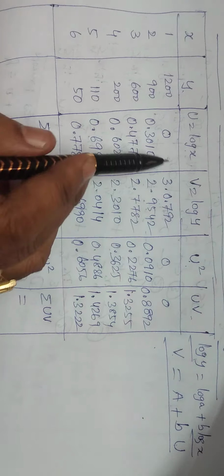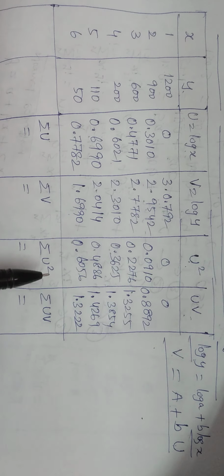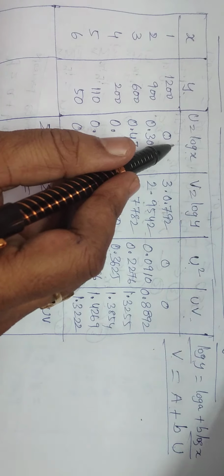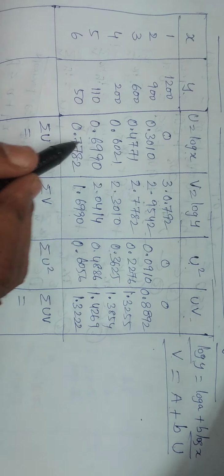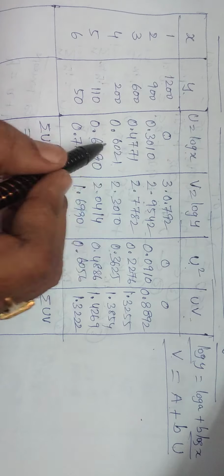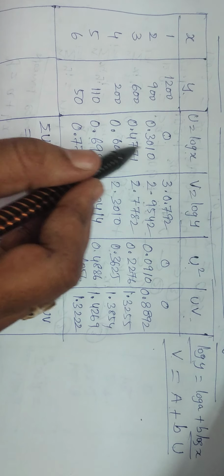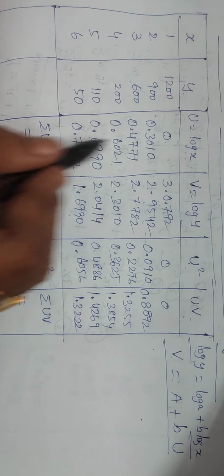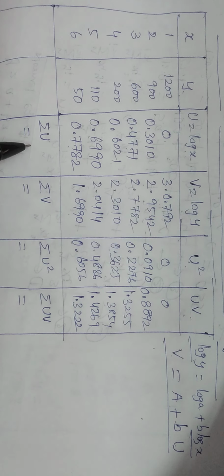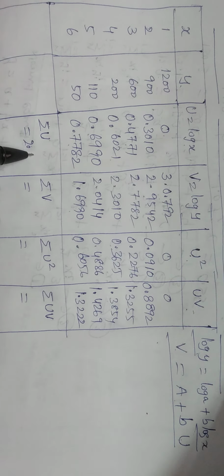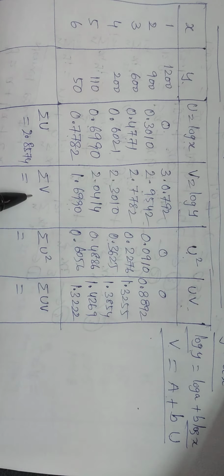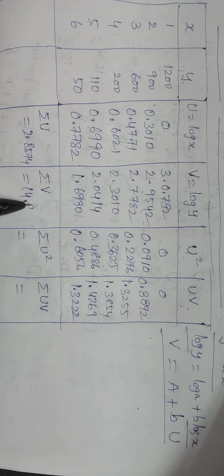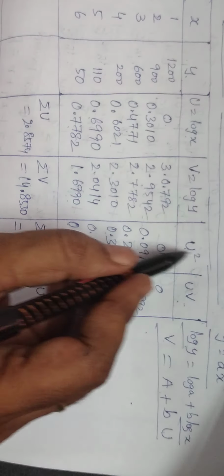I have calculated u, v, u square, uv. Use the calculator and get the values. Now add the values to get the summation values. Summation u, the total of all: 0 plus 0.3010 plus 0.4771, and up to here, all the values you have to add. The value you got is 2.8574. Similarly for log v, adding 3.0792 up to 1.6990, the sum of the values is nothing but 14.8530, and